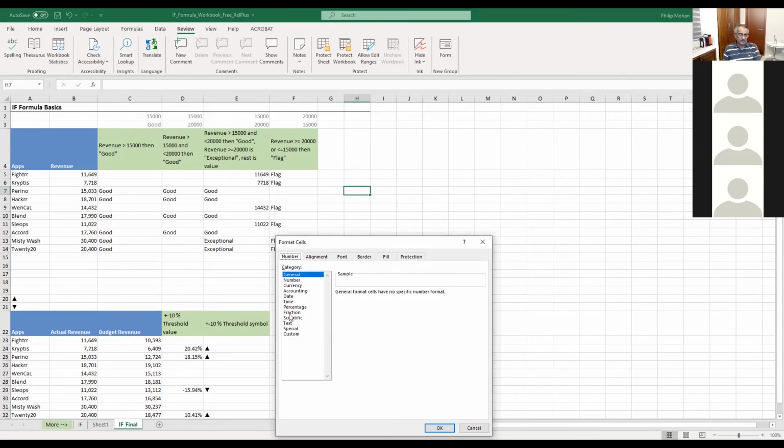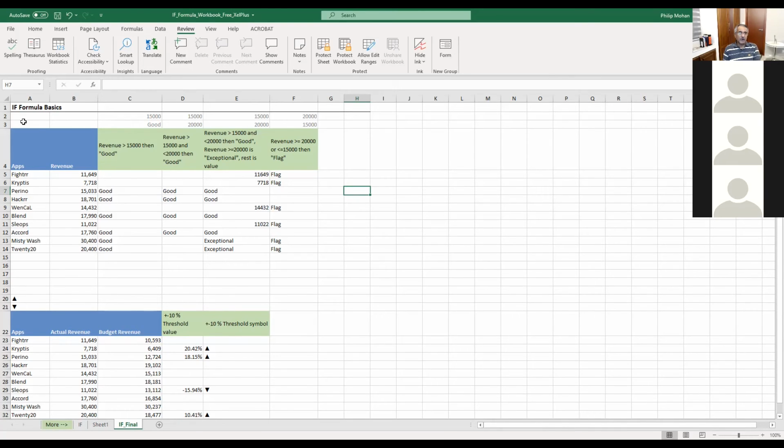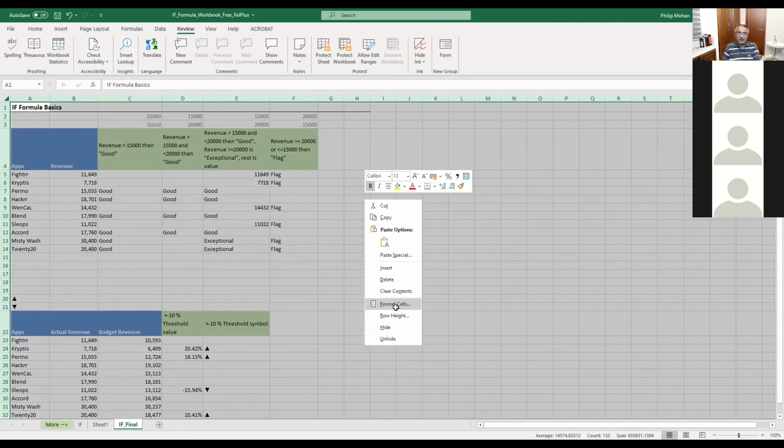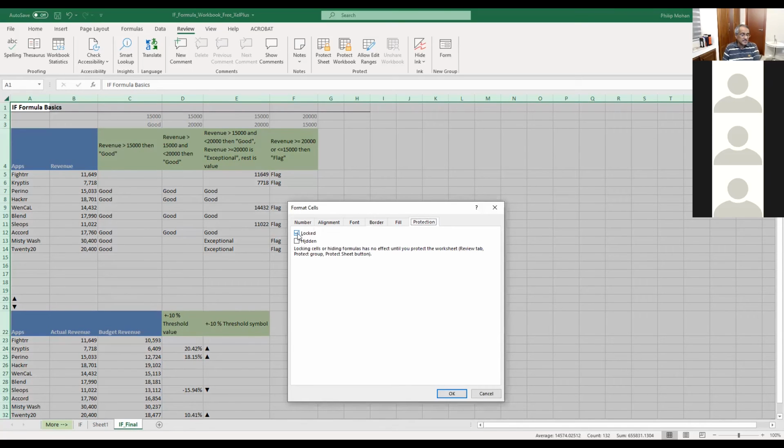We've done format before, right? For various things: alignment, font, border, filling the color, whatever. You go to protection, and it says this cell is locked. In fact, the default mode for every single cell is locked. Let me select the whole sheet by clicking here on the top left-hand corner, these millions of rows and columns. If I go to format and see protection, it still says it's locked. If only some of them were locked, it would be sort of grayed out. Now this is a nice clear tick which says all these cells are locked.